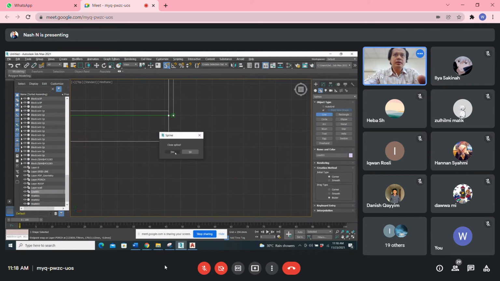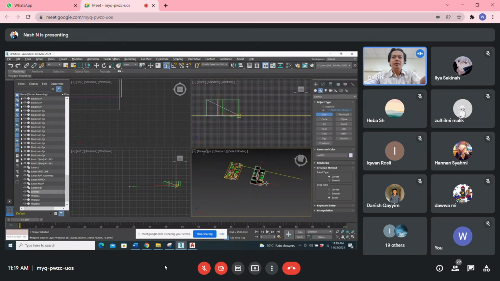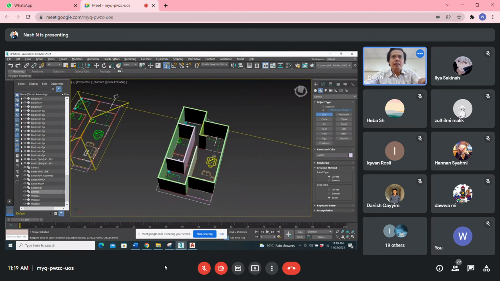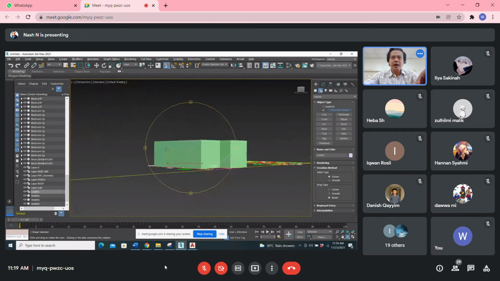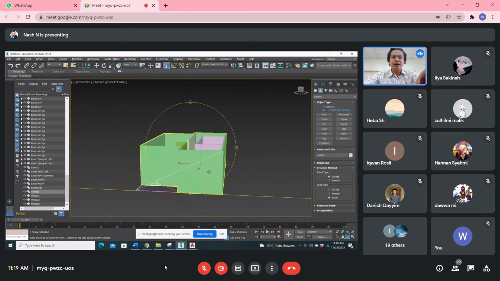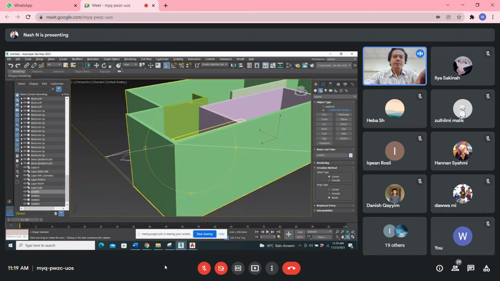Okay, yes. But don't simply extrude it because, why? You check back. Okay, you can see or not? You see? Then when you click spline, sometimes when you click the snap, it snaps here.